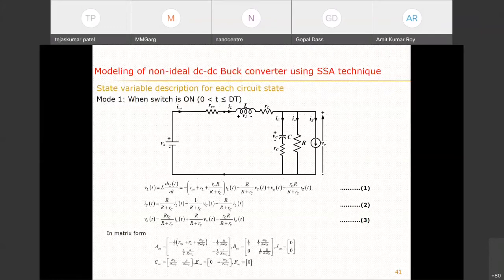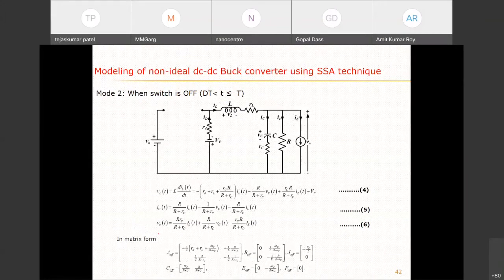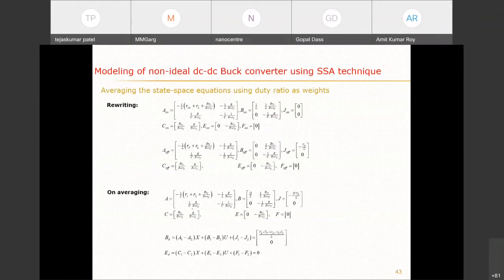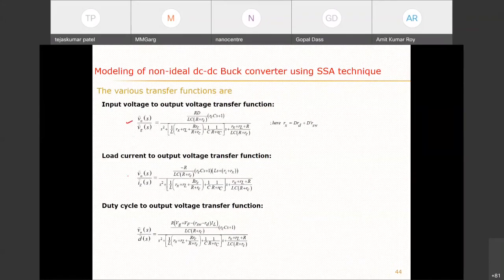If it's second order, we get the inductor current with respect to input voltage, load current, and duty cycle. Similarly, y has the output variables, like the output voltage. Depending upon what kind of controller we are using and what kind of transfer function we need, we can get all kinds of transfer functions with the help of these equations.